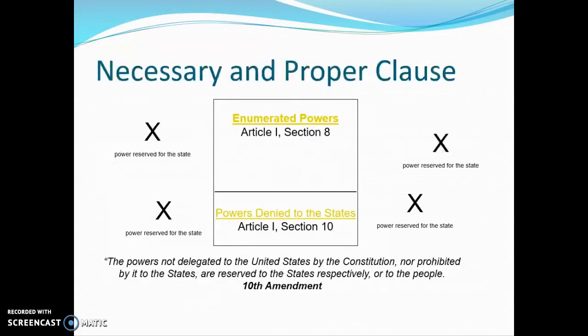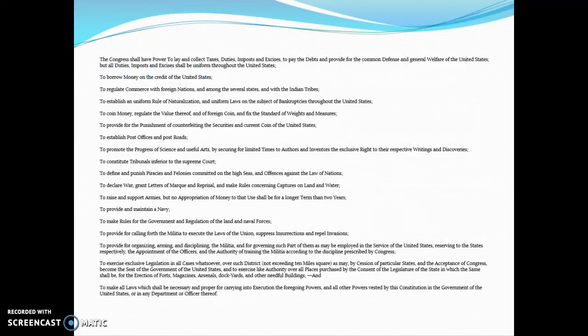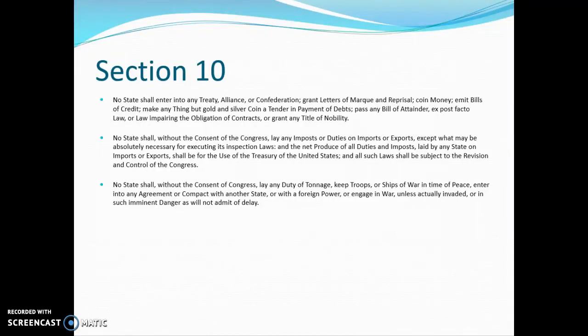Okay, so the powers not delegated to the United States by the Constitution, these enumerated powers, nor prohibited by the Constitution to the states, that's the powers denied to the states. So that's Article 1, Section 10. So there's a section in the Constitution that says the states can't do things. Now that the central government, the federal government, this new creation, is going to get powers in Article 1, Section 8, they're going to have the power to raise and support armies, to provide and maintain a navy. So in Article 1, Section 10, we're going to